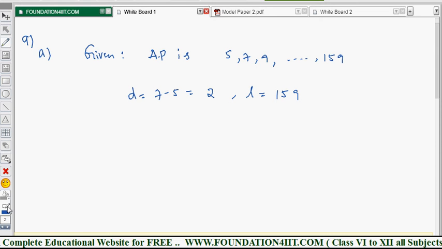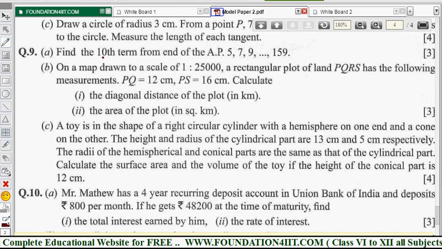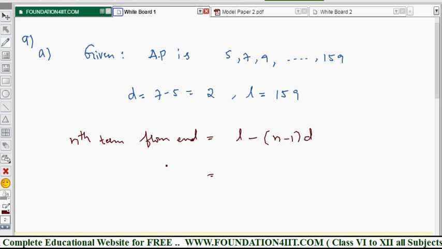So the formula for the nth term from the end, the direct formula, is L minus (n minus 1) into D. The nth term from the start is different; this is the nth term from the end: L minus (n minus 1) into D. Here we need to find the 10th term, right? So the 10th term we need to find out. Therefore,